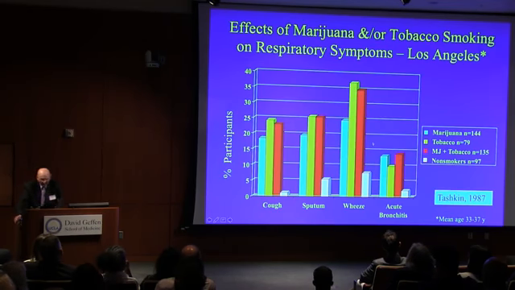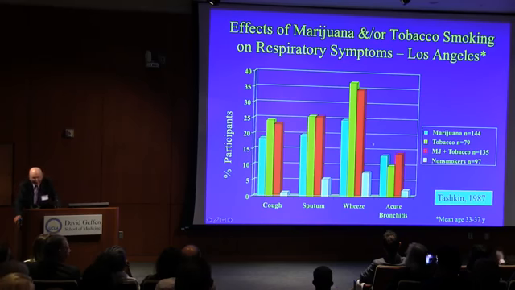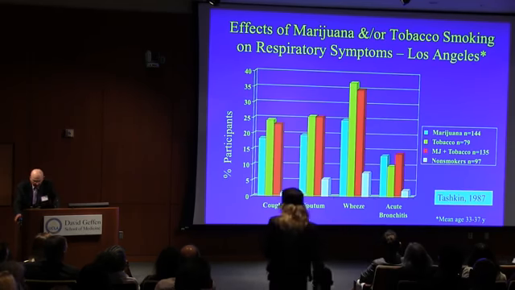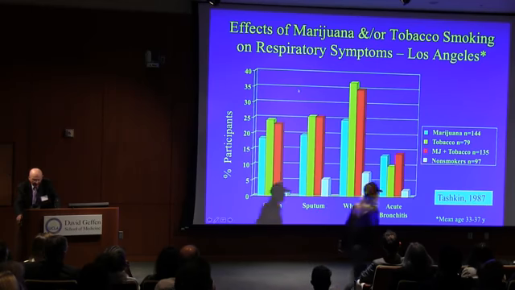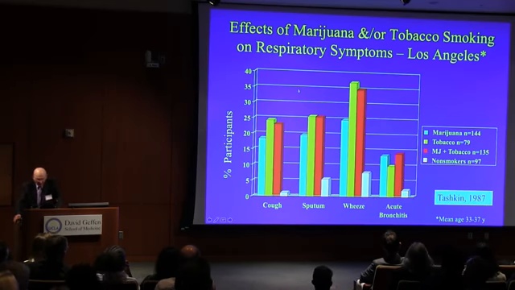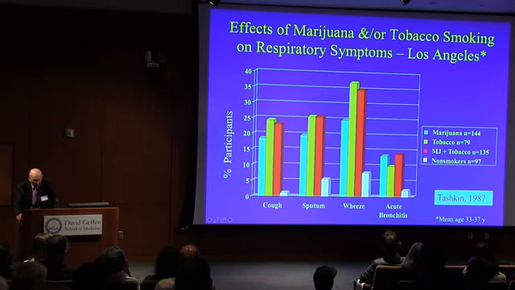So about 30 years ago, in 1987, we published a paper based upon a study in a convenience sample of over 400 smokers of marijuana alone, tobacco alone, marijuana plus tobacco, and non-smokers. We administered a validated respiratory questionnaire and found that a significantly higher proportion of marijuana-only smokers, in the teal blue, compared to the non-smokers in the light blue, had increased cough,